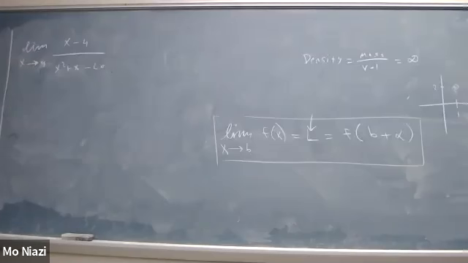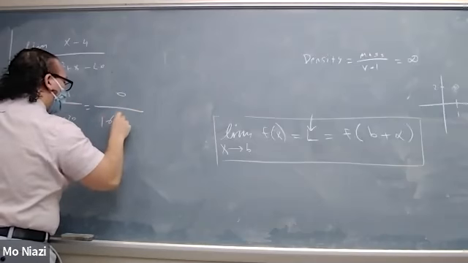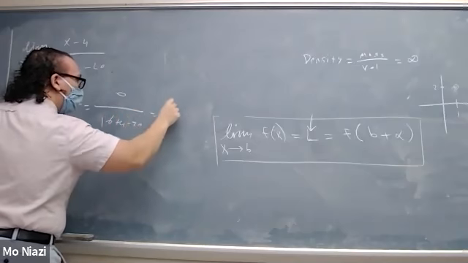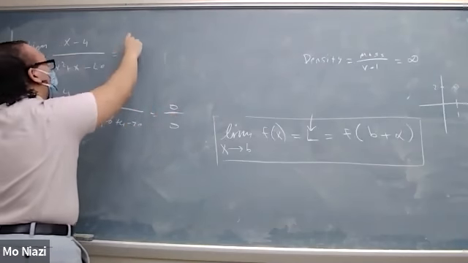What is f of 4? F of 4 is undefined. But if we want to take this limit, this is the same thing as saying